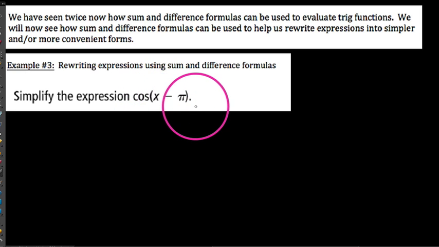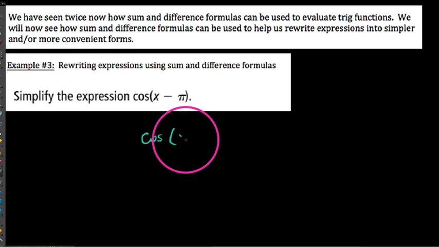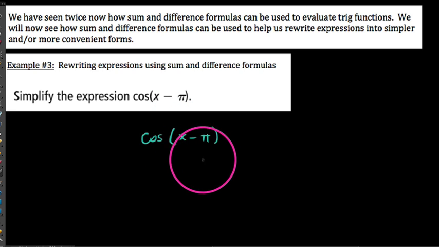And it's pretty straightforward. We're just going to rewrite this using sum and difference formulas and take a look at what we get. And then talk about maybe what the implications of something like that process would be. So let's go ahead and take a look at cosine of x minus pi. If we're asked to simplify this, we'll automatically, hopefully, notice that this is a sum or a difference of angles here. And so because this is like our A angle here and this is our B angle, we can go